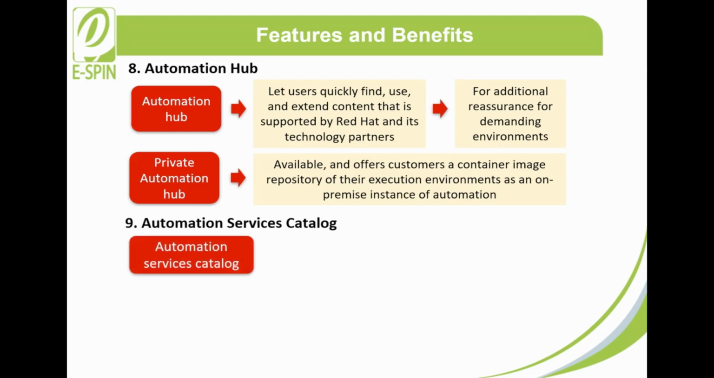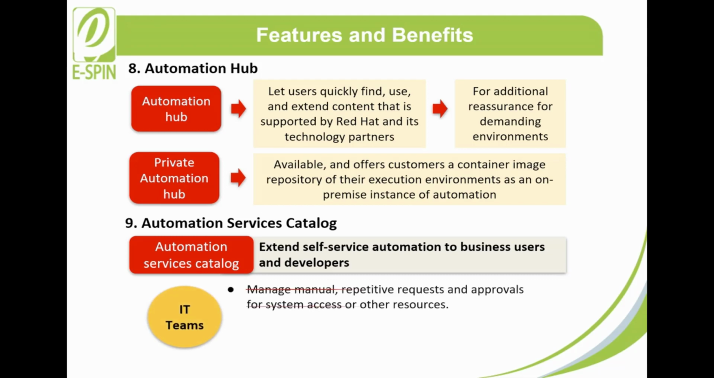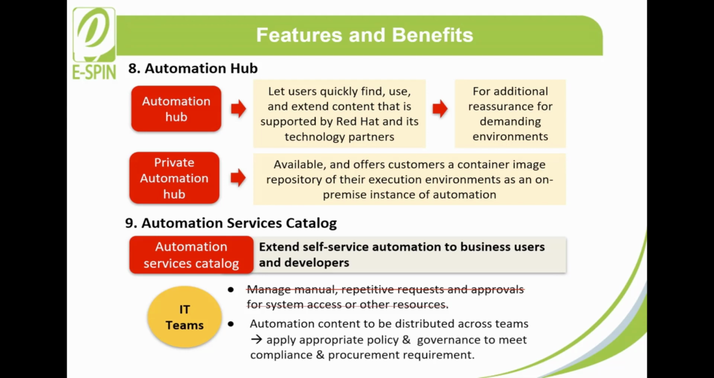9. Automation Services Catalog. Automation Services Catalog extends self-service automation to business users and developers. With this feature, IT teams no longer need to manage manual, repetitive requests and approvals for system access or other resources. It enables automation content to be distributed across teams, applying appropriate policy and governance to meet compliance and procurement